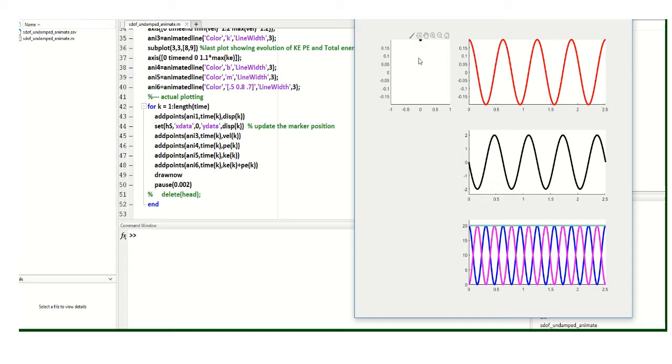it comes near to the equilibrium position, then passes through the equilibrium position to the other side, and then again shuttles back. So it keeps on shuttling. Okay, and this is the same graph, but its motion is plotted along the time axis. Here you don't see any time, but here you see the time axis. So on the x-axis you have time, and on the y-axis you have the displacement of the mass from the mean position.